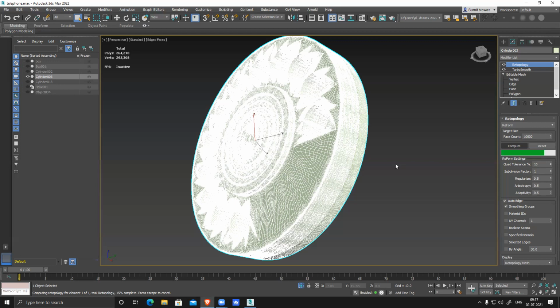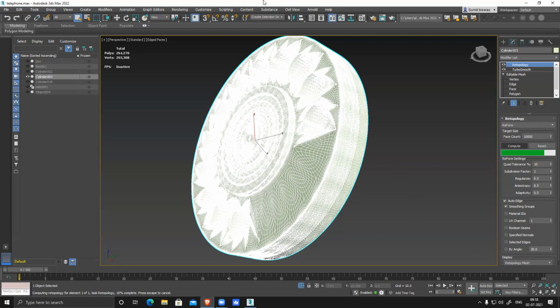Suppose you want to create something really quickly, maybe it's not game ready, but quick as a base for your high poly. In that case it works beautifully, and it converts all the triangles into quads and gives you clean geometry. So let's see quickly.